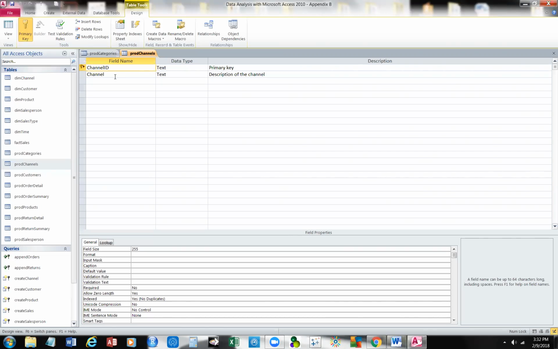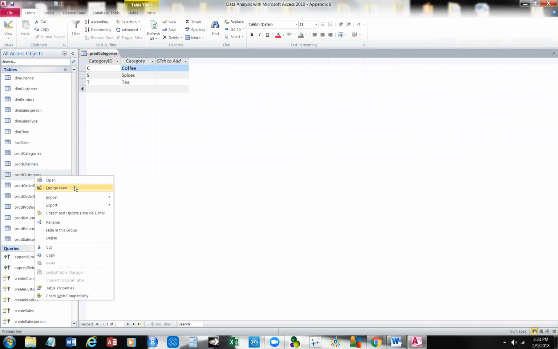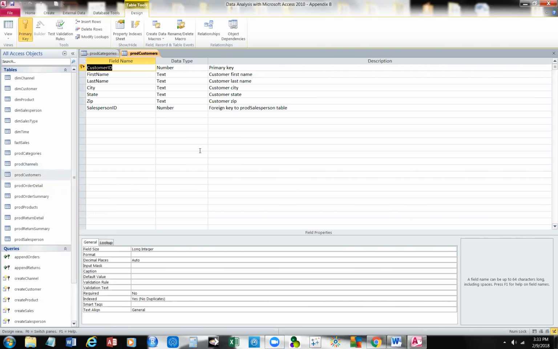And then over on 313, he shows us where we begin to link tables up using primary keys. Now, I'm going to close this off for a moment, and I'm going to close off this production category table. And we'll just go through all of them. You're going to see, again, they'll have a primary key, and there will be